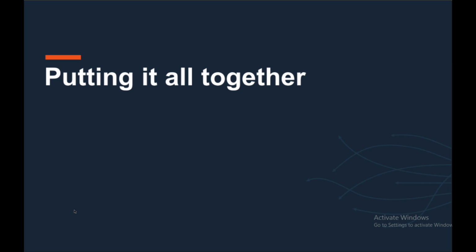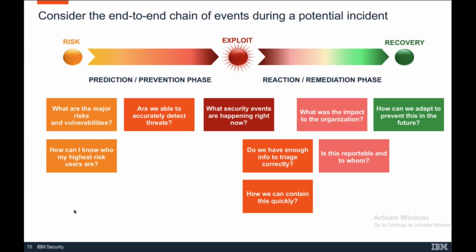users are, and is able to detect it accurately. And from a right of boom, in case something happens, am I today ready to go ahead and adopt and communicate a specific breach? How do I report that specific breach? Do we have the capability within the organization, and do we have enough information to triage and to triage correctly,